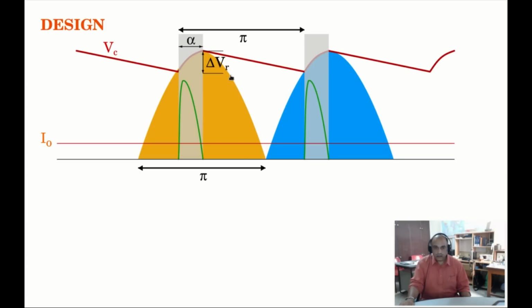Another variable to define is the peak to peak ripple. So this is the peak to peak swing of the output voltage, and therefore we can call that the peak to peak ripple. This definition, IM, is the peak current that is flowing out of the rectifier as shown here.